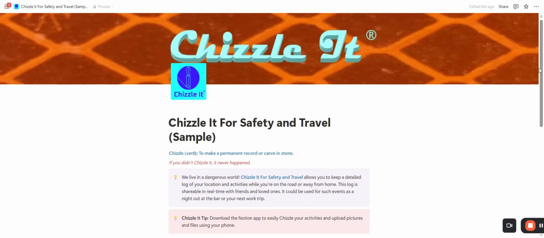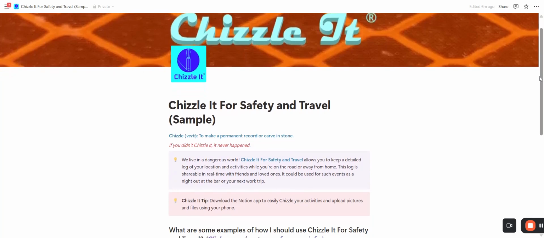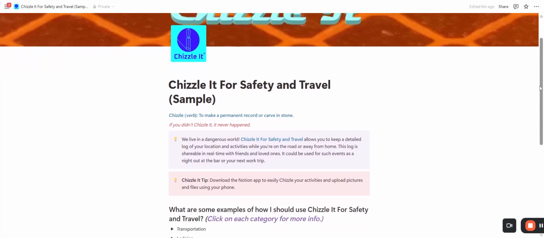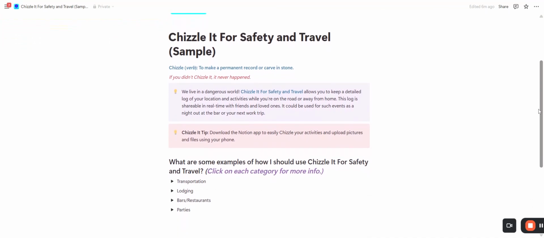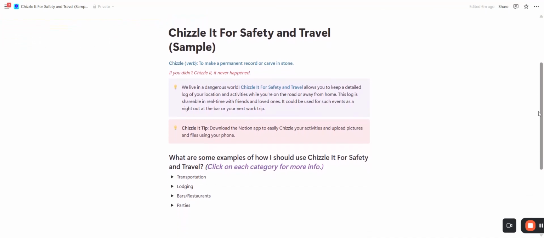What I'm demoing now is the desktop version, but I highly recommend that you do download the Notion app, because as you're traveling and documenting all of your activities, it's going to be much easier to just do it on your phone. So I created Chizzle It for Safety and Travel because I travel a lot for work,